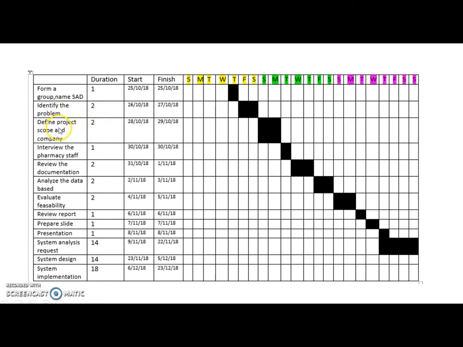Then we define project scope and company, duration 2 days, interview the pharmacy staff 1 day, review the documentation 2 days, analyze the database 2 days, evaluate feasibility 2 days, review report 1 day, prepare slides 1 day,